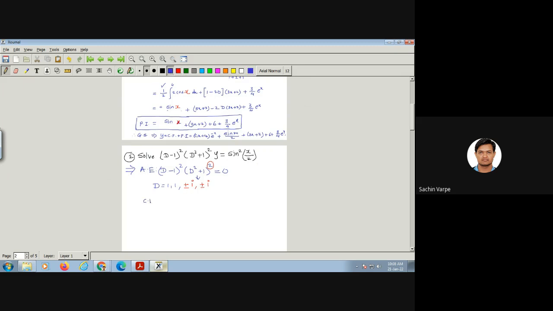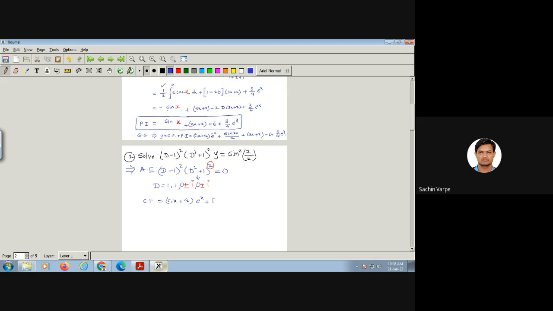So we write the complementary function which will be having 6 arbitrary constants, so be careful while writing the complementary function. So for 1 I'm writing c1 x plus c2 e to the power x, plus for these repeated complex roots alpha is 0, isn't it, and beta is 1, so e raised to 0x will be 1 only,